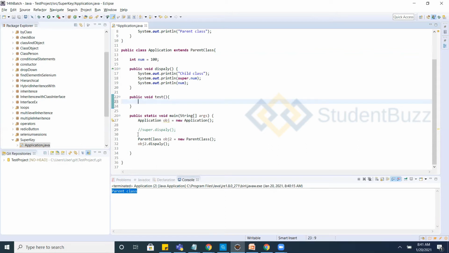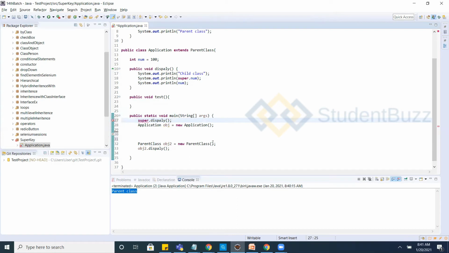Why was it not calling here? What is the error? Wherever you have static methods, you cannot call it this way. The first line also has static, and that is the reason it is not working. Inside a static context, you cannot access super.